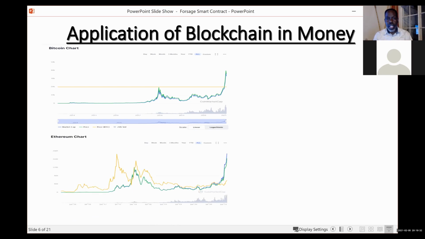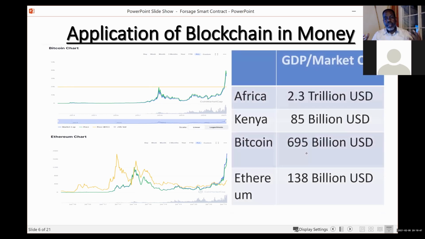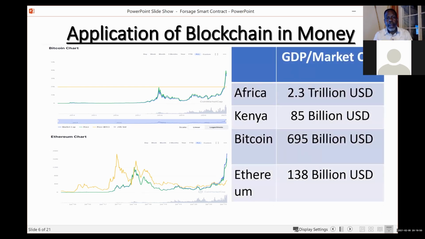Ethereum, the one that we are interested in, has risen in the last 2 months alone more than 3 times its price. That is amazing. And in fact, if you look at the market capitalization of these coins, it is quite humongous and big. In fact, Ethereum can buy the whole of Kenya and Uganda combined. That is huge. It is a very huge market that we are dealing with, and it makes sense that